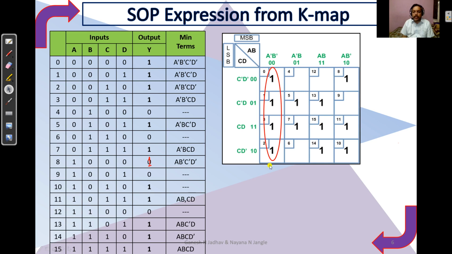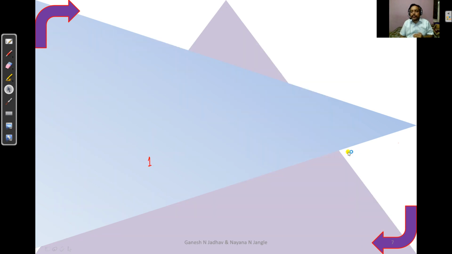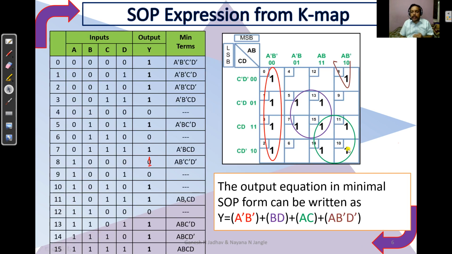So it is possible to make groups of 4, because the group size must always be in the 2 raised to n form. So I can make this group of 4. Next I can make this group of 4. Next I can make this group of 4. Still this 1 is remaining. So how to combine it? The K-map is rolling, so we can combine the K-map in a rolled form. If we roll this, then this one can be combined with this one. So I have to make this group.